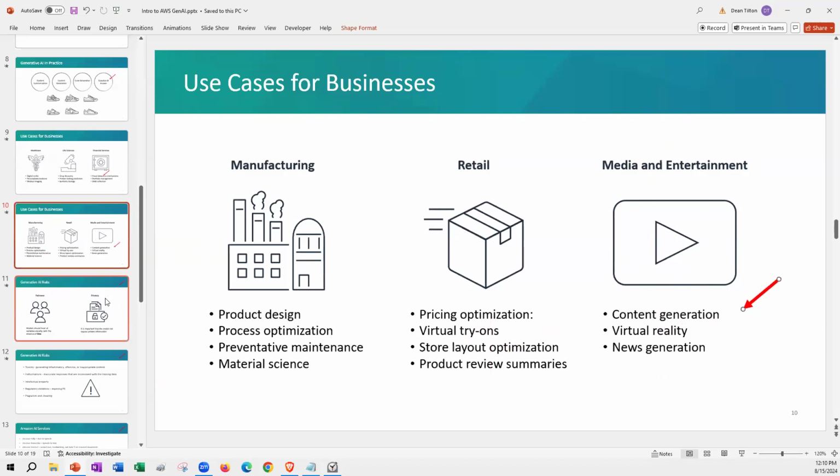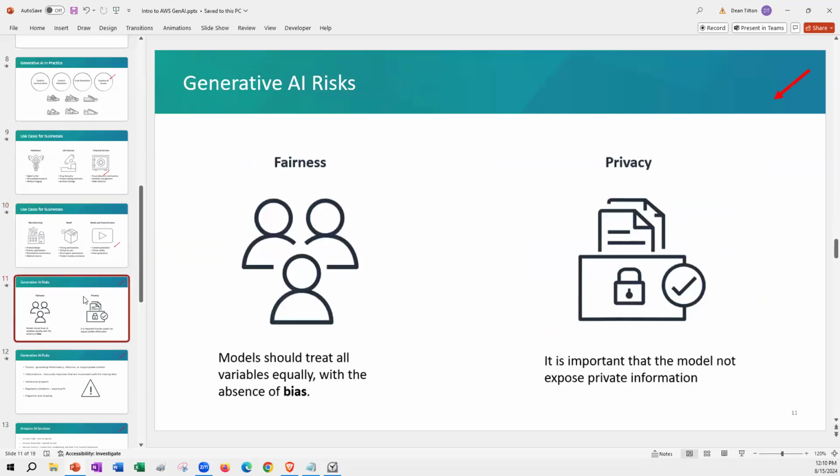Now, these understandably could have some concerns, risks. These two slides will indicate some of those. For example, a bias being introduced. The models that are used for generative AI based upon those large quantities of data, they should treat all variables equally with the absence of bias. Now, bias can be a bit subjective. Let me just make note here that